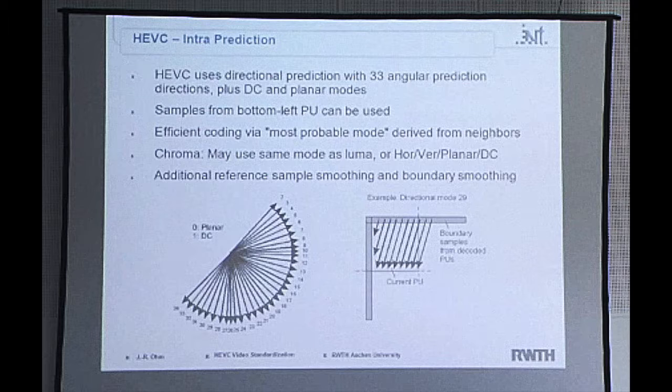The difference here is that we allow much more directions. HEVC had 8, now we have 33. In addition to the 33, we have also something that was already available in HEVC: DC prediction, where you just compute the mean value of the boundary samples and take that as a flat area. And we have another mode which is called planar prediction. You are interpolating a kind of surface that has a certain tilt and amplitude, and then can use this as a prediction. There are some more things, some smoothing of boundary samples, but I think that would be too much detail for now.